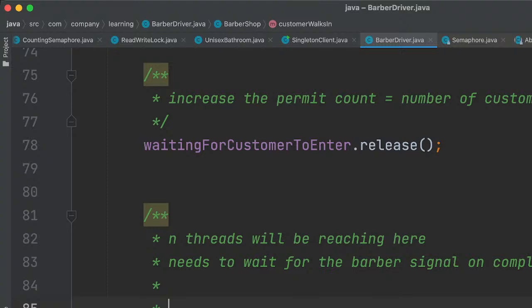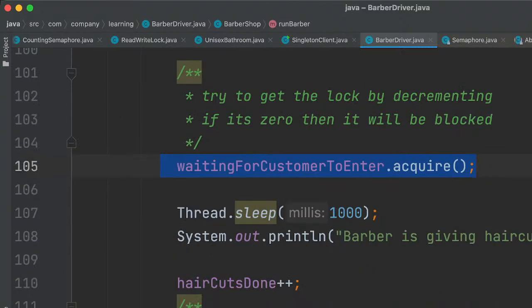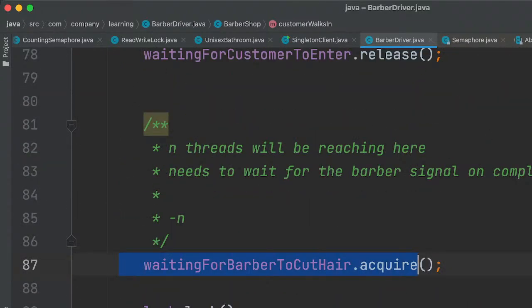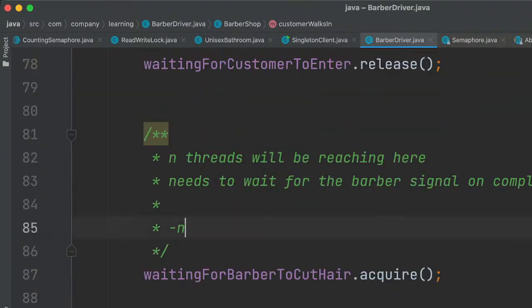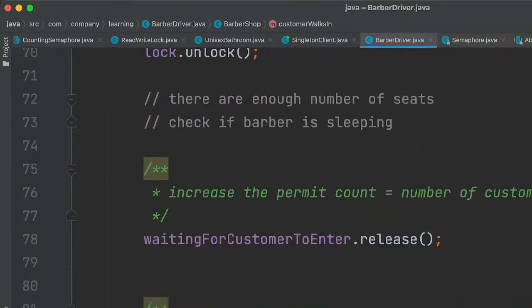Suppose after executing this statement there is a context switch and it goes to here and executes this because it is sleeping, and it comes back here, and there are 3 other threads switching here, and this value will become -3, because there will be at most 10 customers, right?